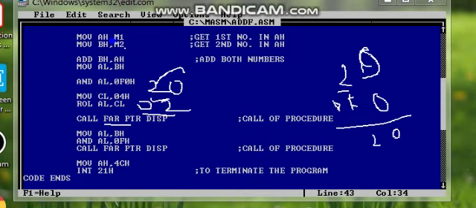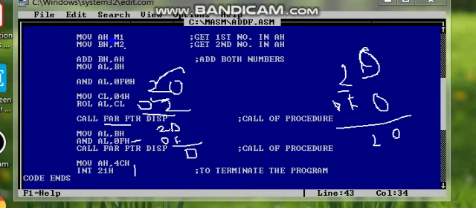Next is the D. So we want to display this D. To display it, we will mask it, that is AND it, with 0FH. So if we AND this 2D with 0F, then it will give the output as D. So we will get the output as D, and then we will call the procedure, that is the FAR procedure. This last part is used to return to the DOS prompt.